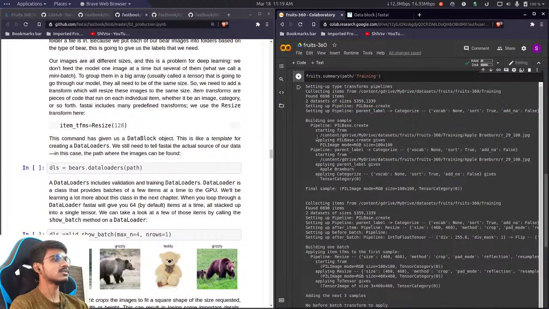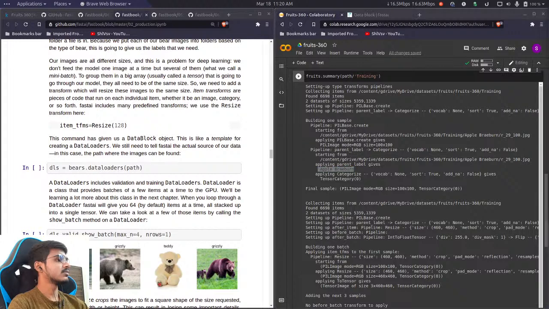It is getting the labels. Now it starts collecting the image, starting from this folder, right? There's the first image, and it applies the transform to the image, and it gets the vocab. So the parent label gives this label, apple ripen. Now it is giving us the label, but